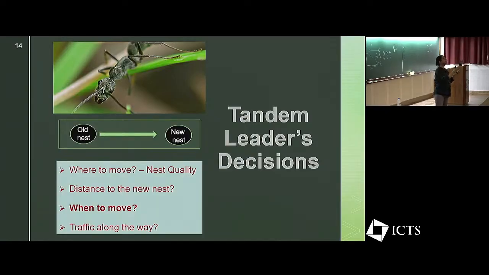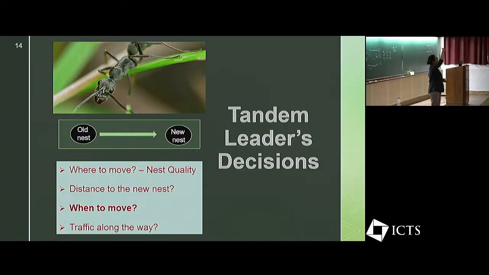Initially, independent exploration is what is important, but as the process goes on, secondary leaders emerge and they will do the transports. Yeah. Can some tandem leaders also lead to the wrong nest or suboptimal nest? Yes. There will be leaders who will take their followers into the suboptimal nest, but the chances that that follower will become a leader is already low. But if it is a suboptimal nest, then that chance is almost close to zero, right?